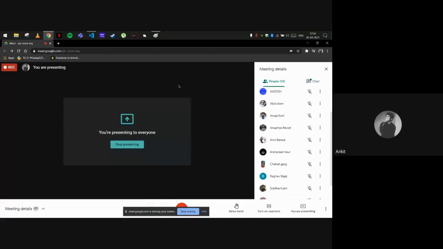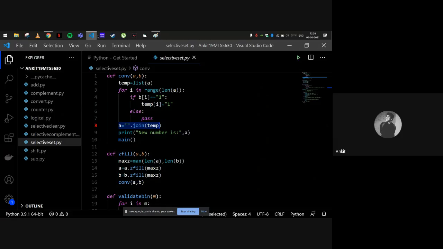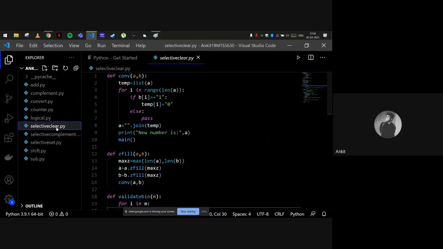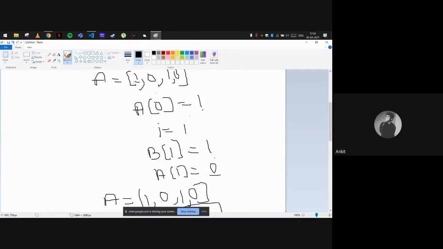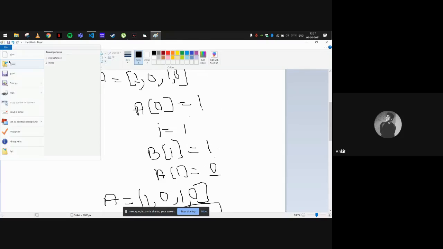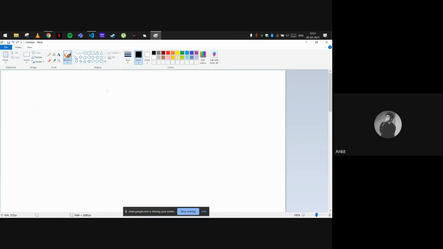And this is one more, selective set. And now selective clear. In selective clear, it is the same, but in this we clear to 0. For example, a is equal to 1 1 0 0, and b is equal to 1 0 1 0.